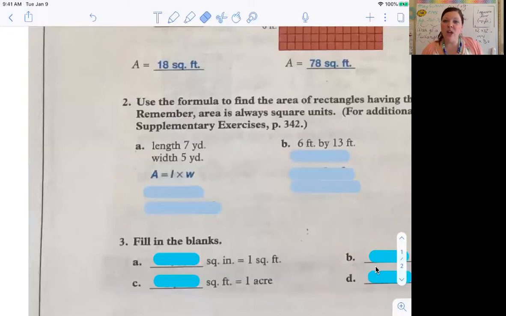Next, we will replace the L and the W with what the L and the W stand for. Which one is the length? 7, because it's larger. Which one is the width? 5, because it's smaller. Make your book look like this. Area equals 7 times 5. Last step, solve and put your unit of measure. If you have area equals 35,